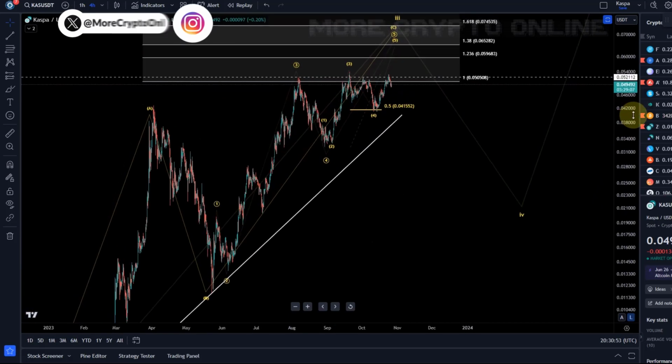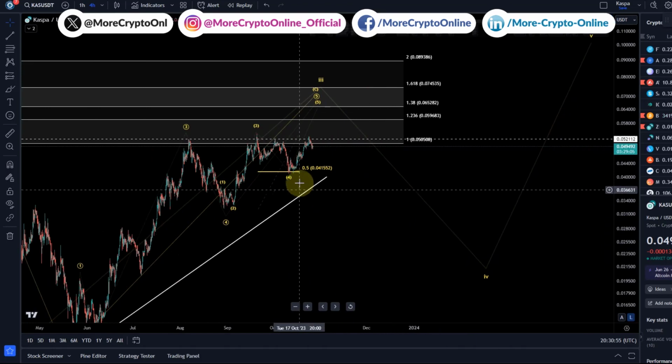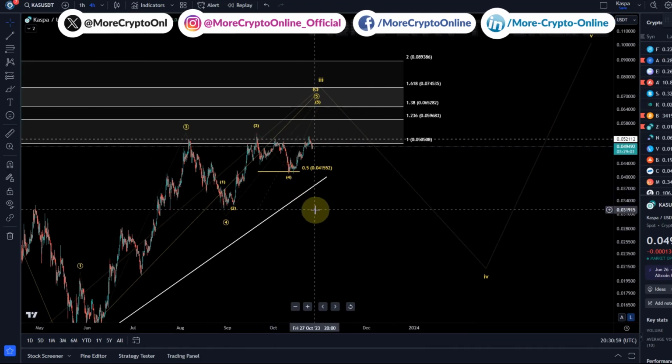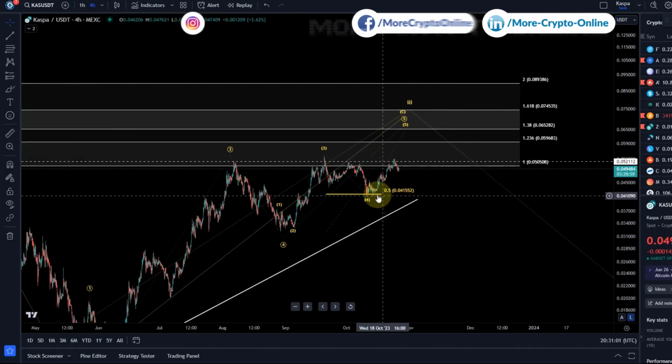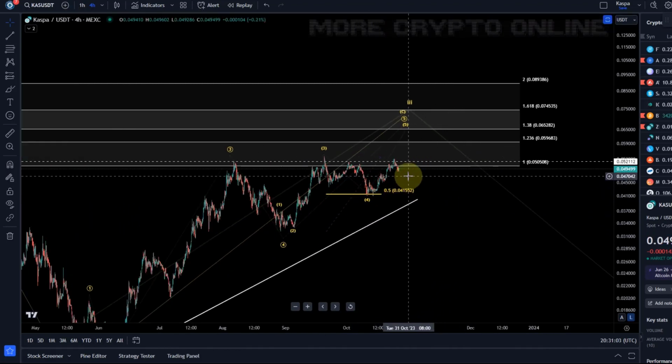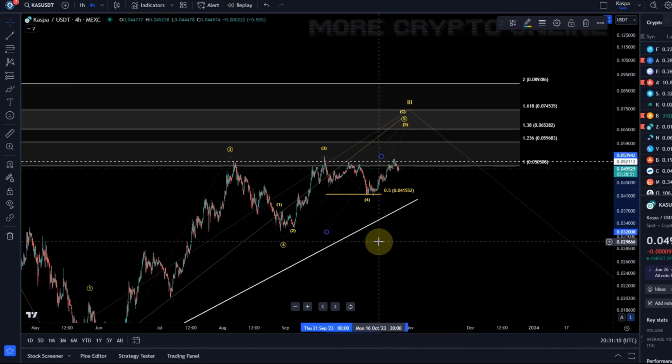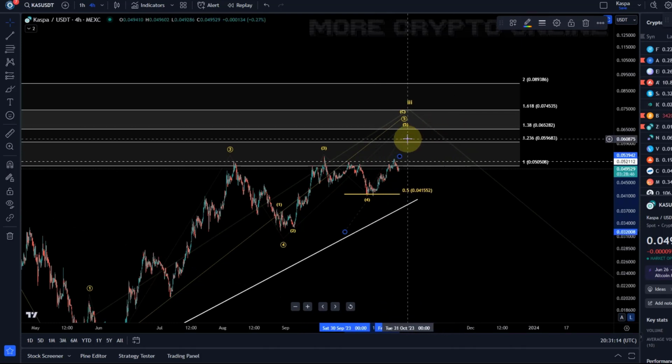Kaspa is still pushing to the upside. It did not break our 50% support level about which we talked before. We talked about this 4.1 cent level before, and one more high is definitely possible here as long as we're holding that 4.1 cent level. Yeah, the 50% retracement. We are potentially working here on wave 5